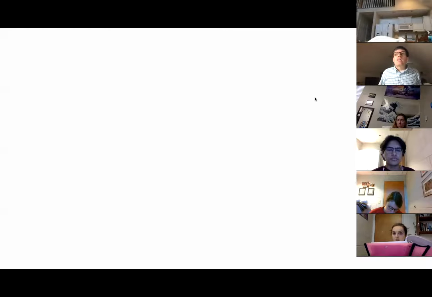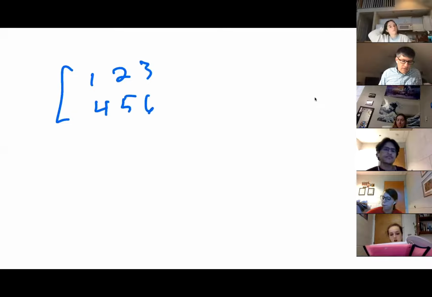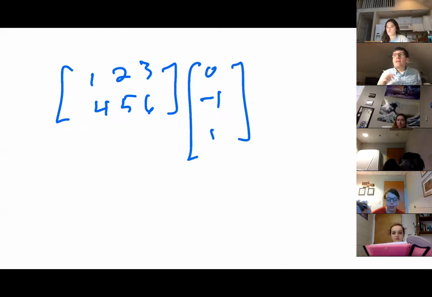Awesome. All right. So you guys should see a blank screen now. Yes? Okay. So I am looking at this matrix 1, 2, 3, 4, 5, 6, and I want to multiply it by this vector 0, -1, 1. So in order to multiply a matrix by a vector, remember it is the linear combination of the columns of A with these as weights, right? So these things right here are weights,